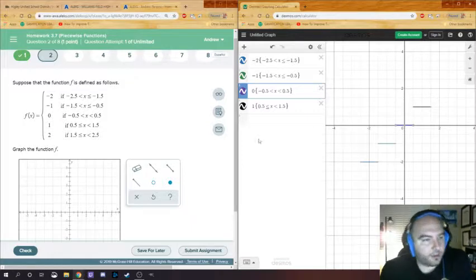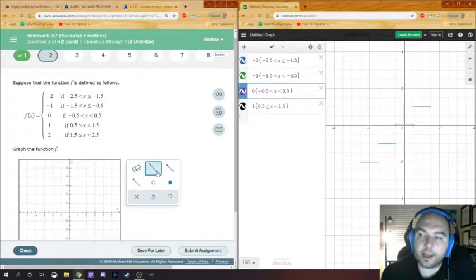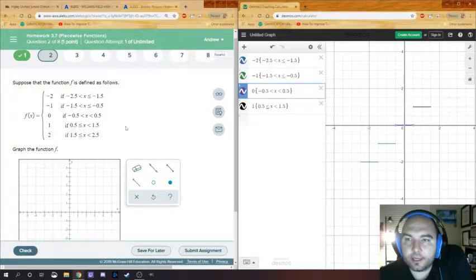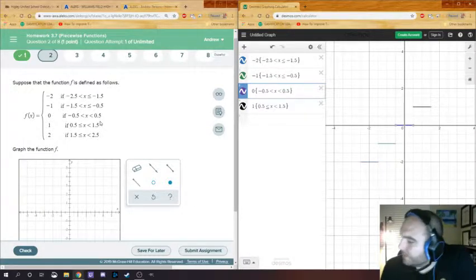Now this is a little different from the last problem. The last problem I used a whole complete line. This problem I'm making little segments. Now here's how you can tell the difference. If your problem says x does not equal something,